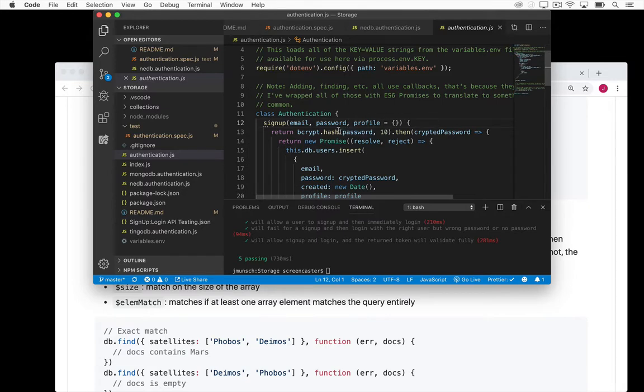Signup. Okay, so you might not have ever built a login system. And if you haven't, that's fine. This is a fairly minimal one, but it's not ultra minimal, in the sense that if you store your passwords